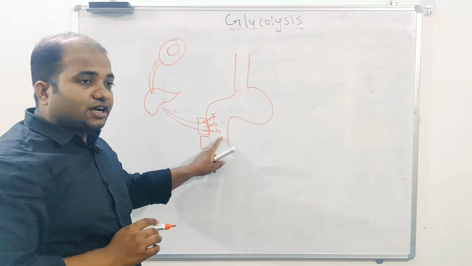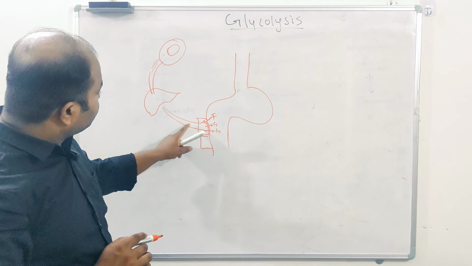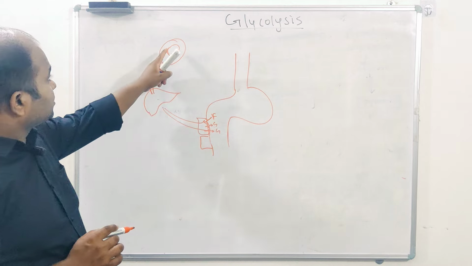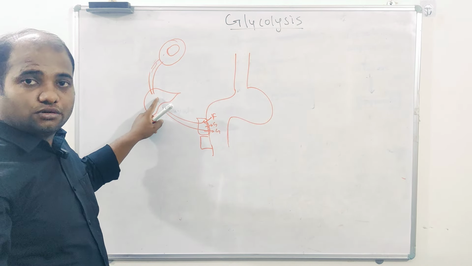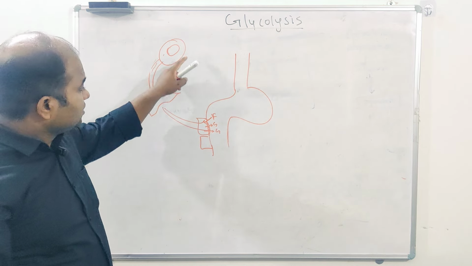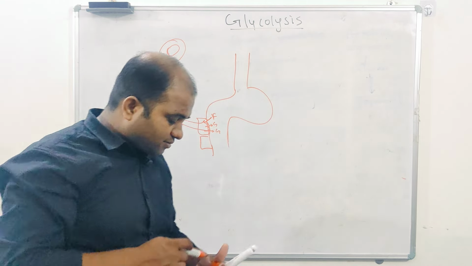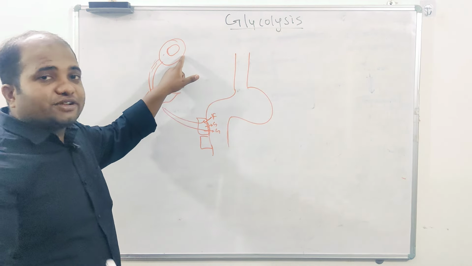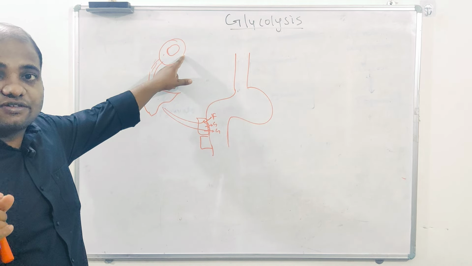If you are eating galactose, it ultimately passes through the liver before it reaches the circulatory system. So galactose first needs to be converted into glucose, and then this glucose will be transported into the systemic circulation. And if you take glucose also, the same thing happens. So what did you understand from this? Glucose is the primary source of energy.